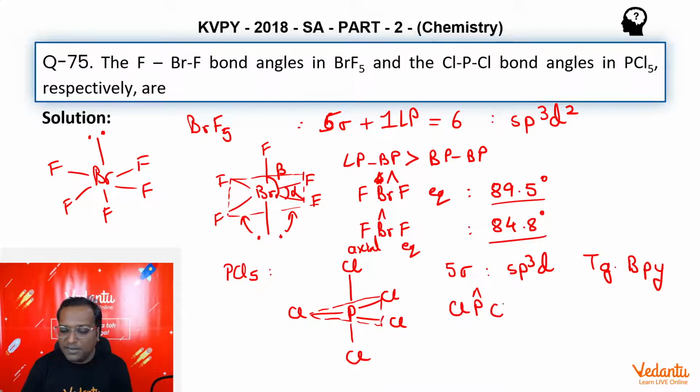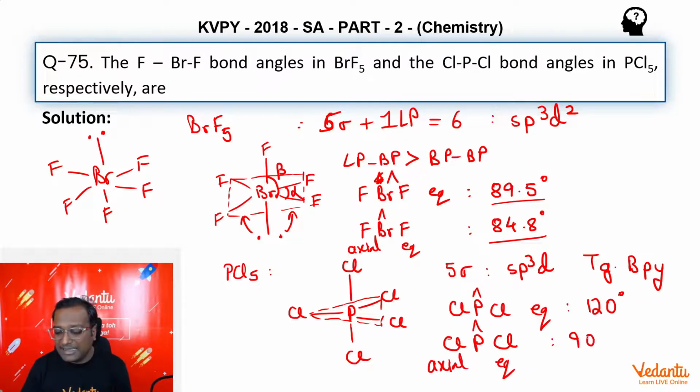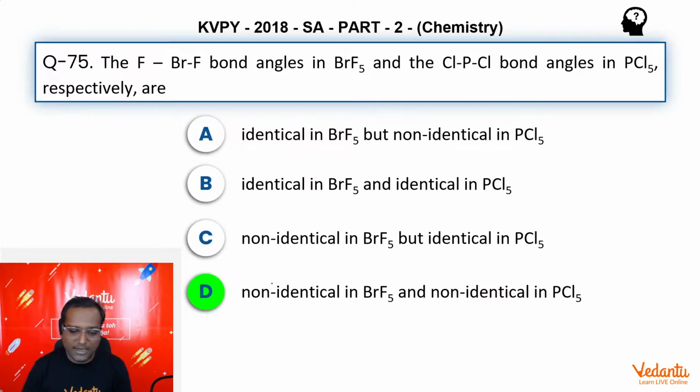So for Cl-P-Cl equatorial, that is the horizontal plane, the bond angle is 120 degrees. And if we talk about Cl-P-Cl where one Cl is axial and the other is equatorial, then the bond angle is 90 degrees. So in BrF5 also all the bond angles are different, and in PCl5 also all the bond angles are different. And therefore our answer is D, that bond angles are non-identical in BrF5 as well as